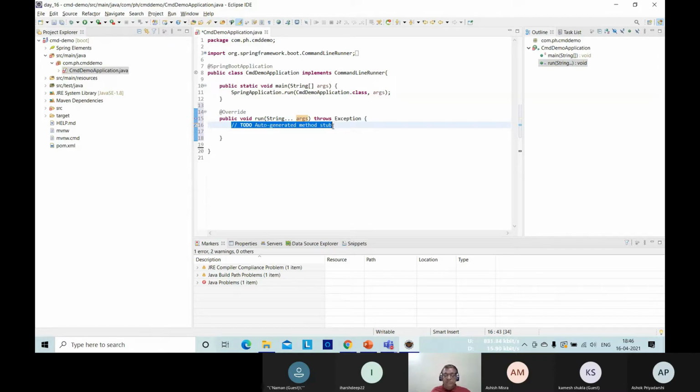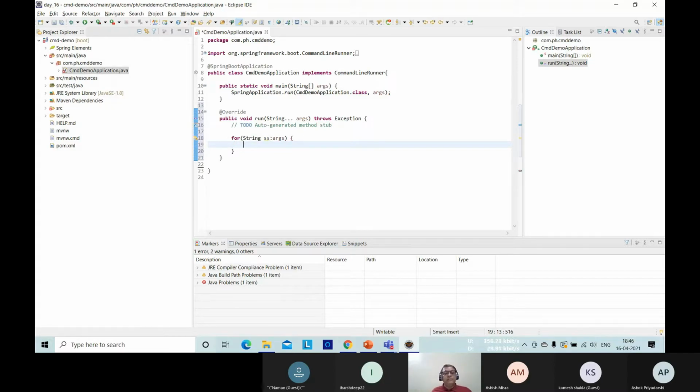Now we just use those arguments. Right now I'm just going to print them. I can use directly the for-each loop version. We know that it is an array of strings, so I'm just associating that args along with this.